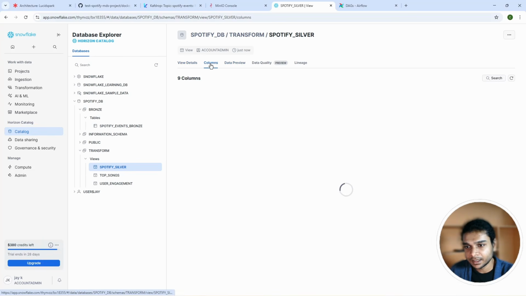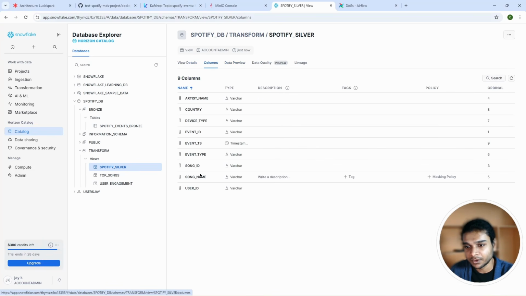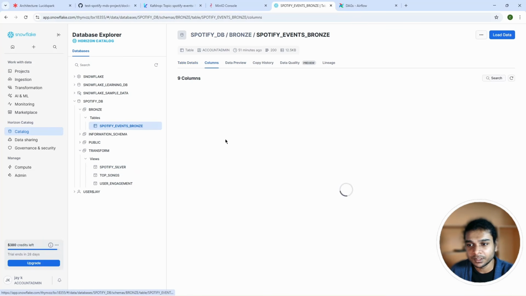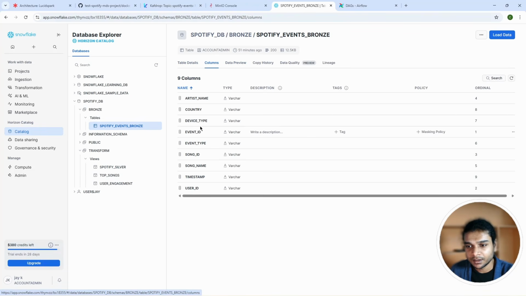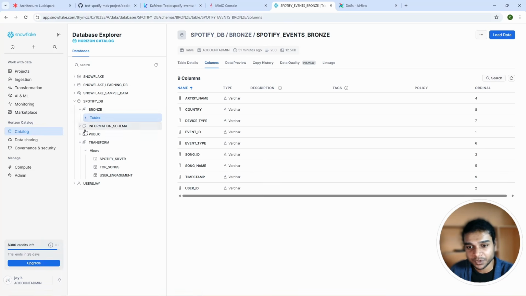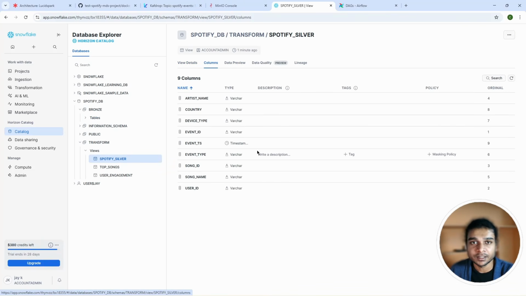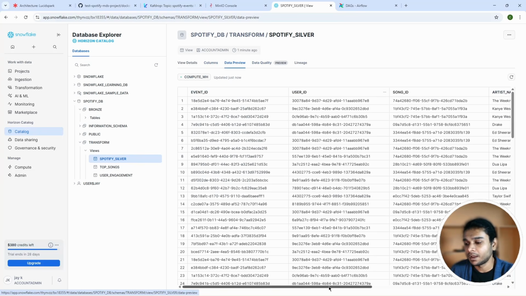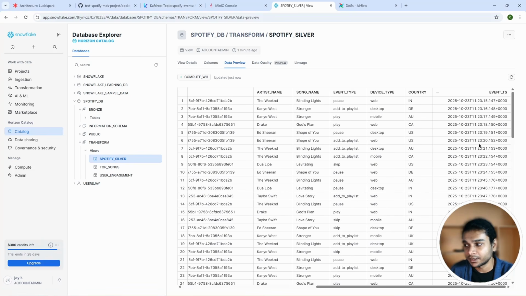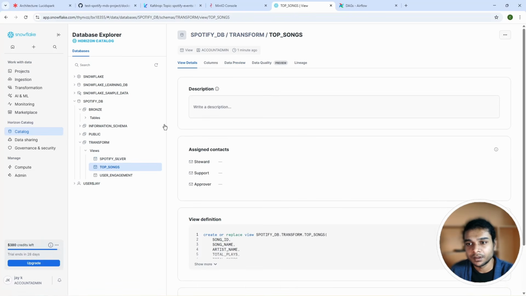We can clearly see that in columns. Even TS is listed as timestamp, whereas in the bronze table, the column is listed as watch hour, which is not appropriate. We converted that in our silver table, and now it is actually timestamp. Yes, we have the data here listed correctly in silver, and for the gold,